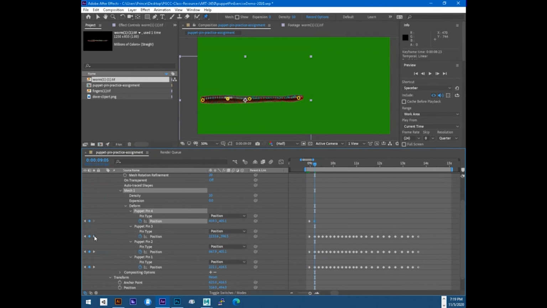Just make sure that your keyframes are all there, even if they're not moving, because otherwise